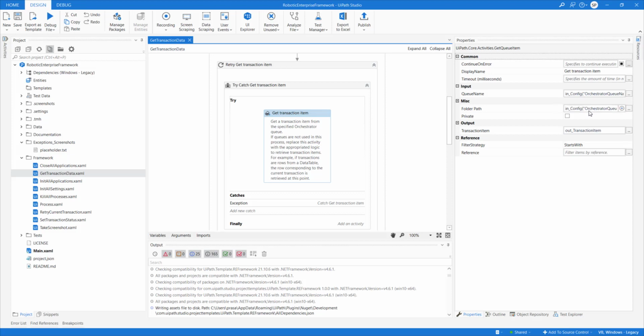You can see it's using a queue mechanism, and the data will be stored in the out transaction item. This is nothing but a get queue item that we have seen in yesterday's example. You remember we used this get queue item, and data will be stored into out transaction item, right? So this is the same activity which is used.